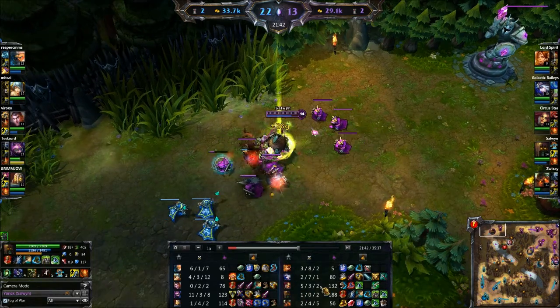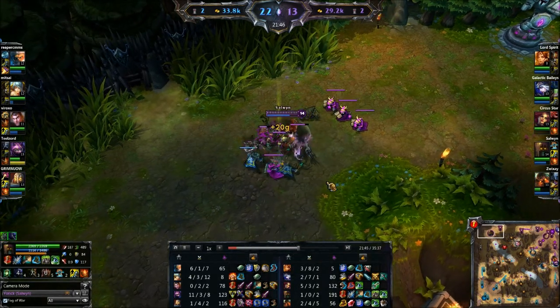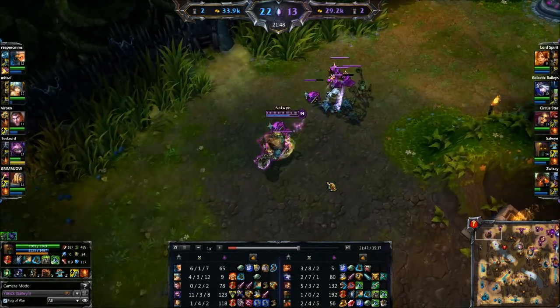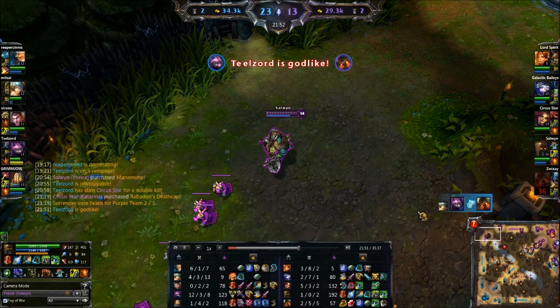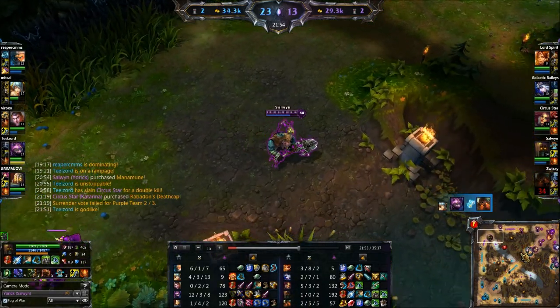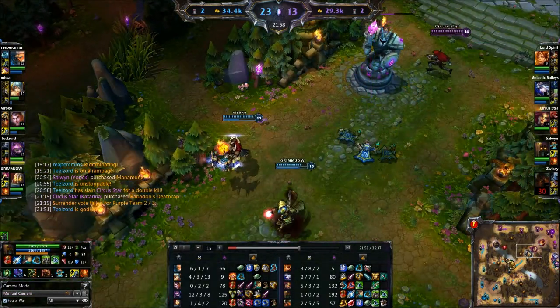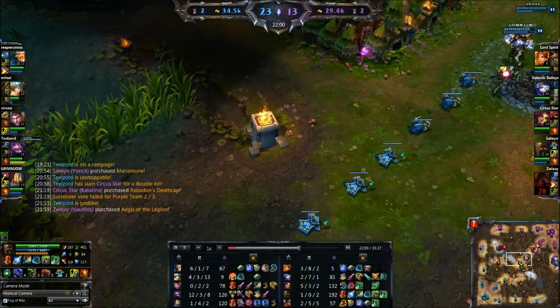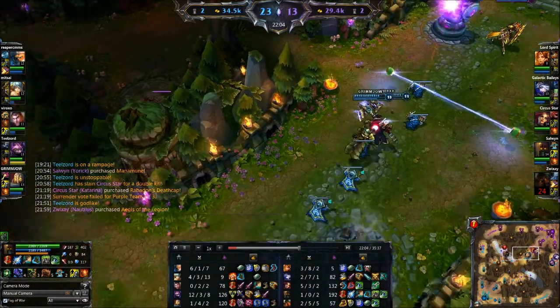My bot lane is 2 and 7, 3 and 8 against their 11 and 3 Kennen. This doesn't really worry me though, because as I said, I am so far ahead of this top lane, and I'm informing my team of this at the moment. I push out top, I see he's going mid again, so I just come down here to look to make a play. If I can catch these two out with the help of Katarina, we're definitely gonna get a